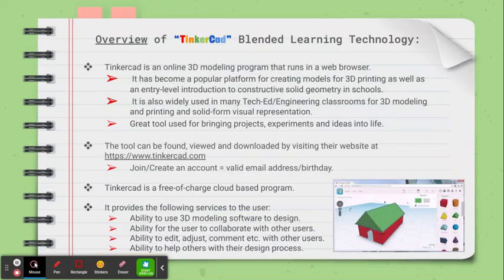So, in a quick little overview, this program is a 3D modeling program. It runs off a web browser, and it's a tool that's free. You can go to the website, make an account, and it's free of charge. And it's a great tool to use